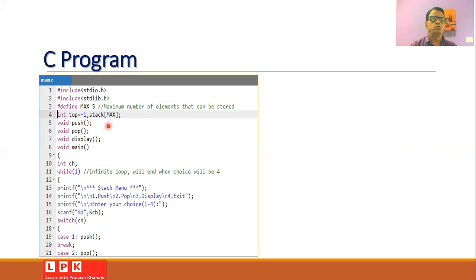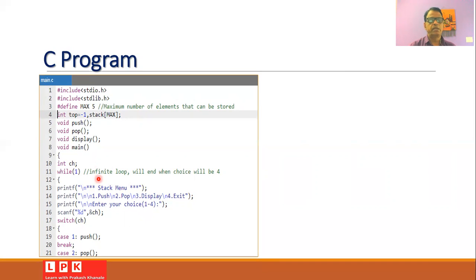We will use the functions push, pop, and display. Push is used for insertion, pop is used for removing the data element, and display is used for displaying the contents of the stack. In the main program, we will declare an integer variable and have a while loop.